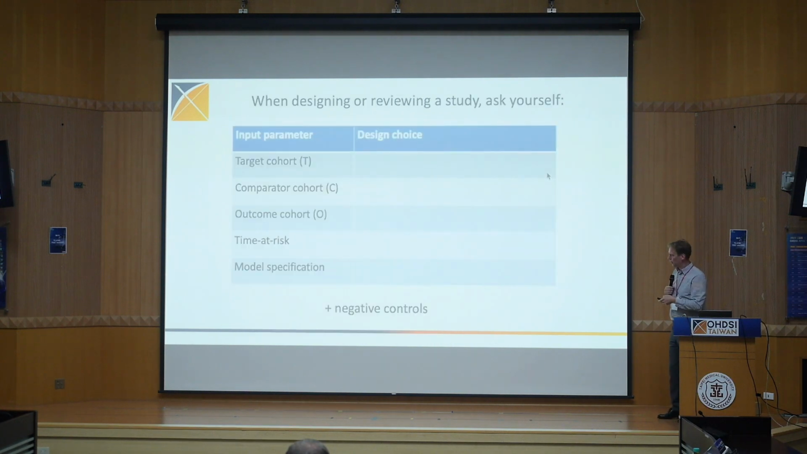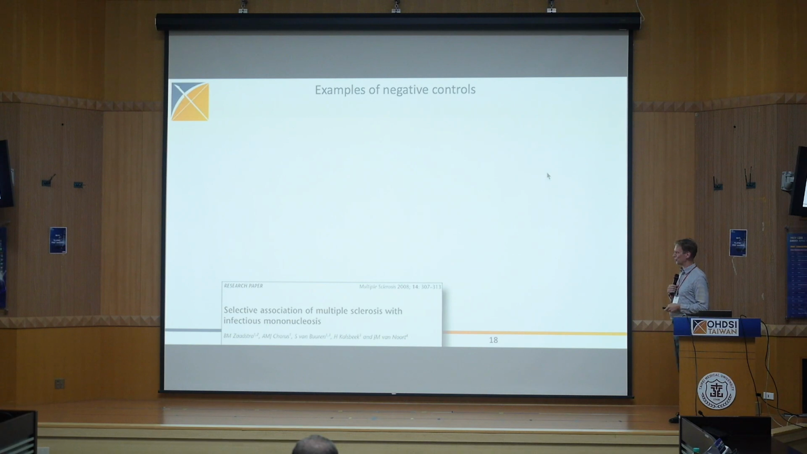So one thing where OHDSI is also very unique compared to other initiatives or other studies people are doing is this idea of negative controls. And I think that actually is one of the most important things that you can do in your study, because those can tell you whether the evidence that you're producing is actually reliable. So what are negative controls? I usually use this example, which is a paper that was published a long time ago by Zelstra and colleagues,